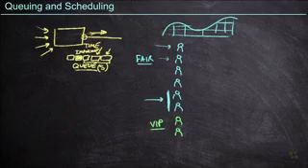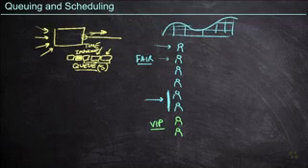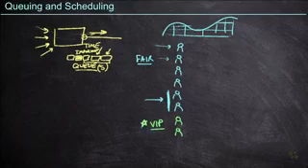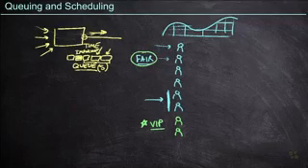Maybe it's the son and daughter of the owner of the amusement park, or maybe it's some important investor who wants to check out the newest roller coaster, and so they're getting in line, except again, they matter a whole lot more to this amusement park than any of the people who are in front of them, including you and me, by the way. Now this idea of fairness starts to take a turn,